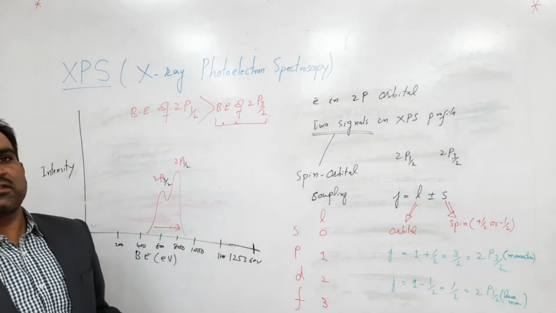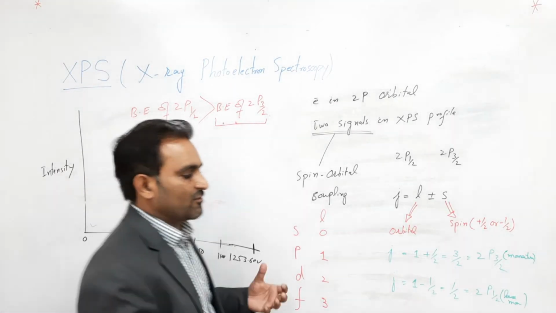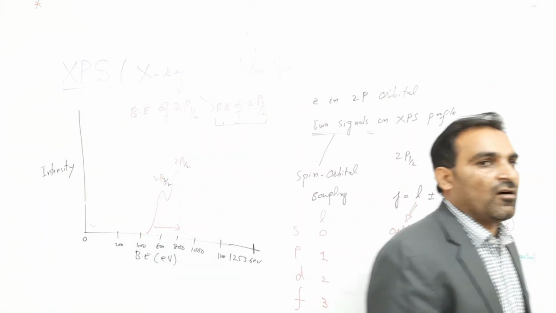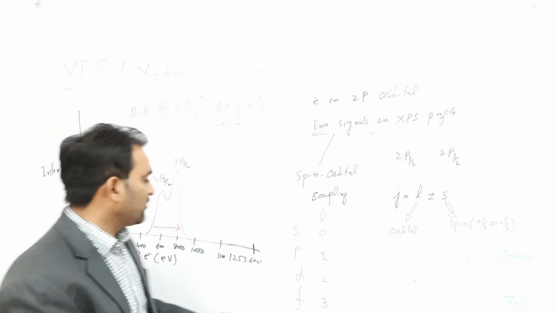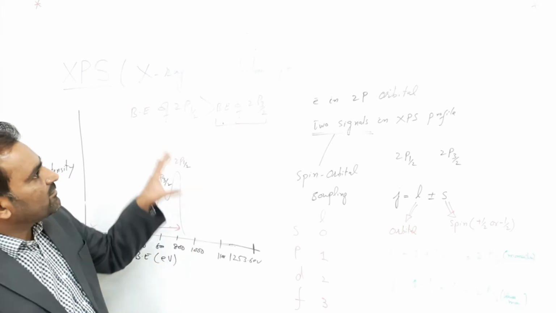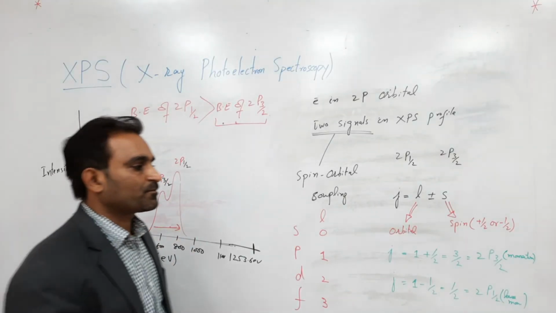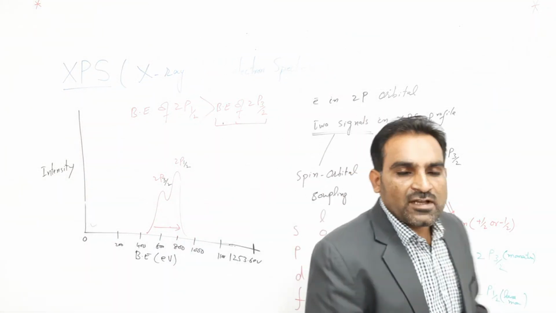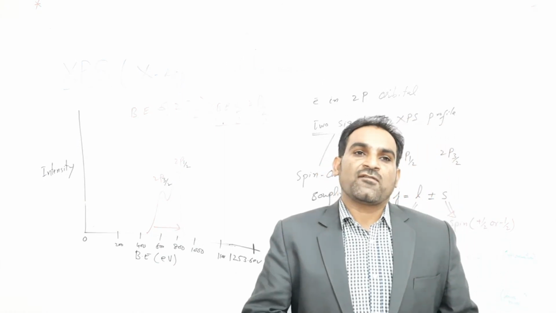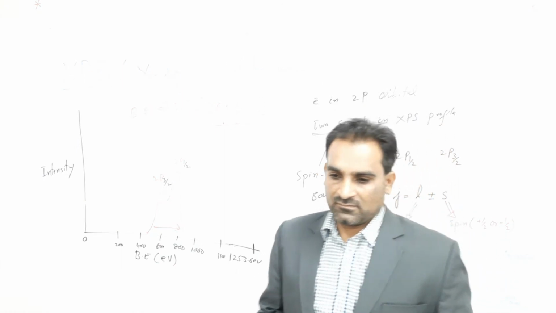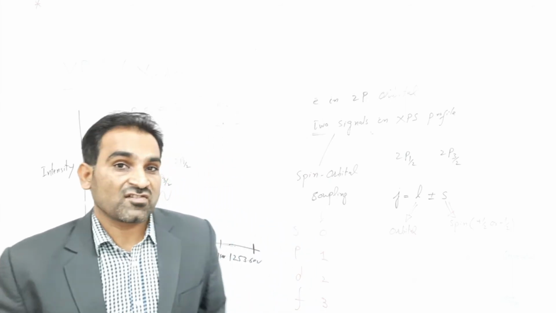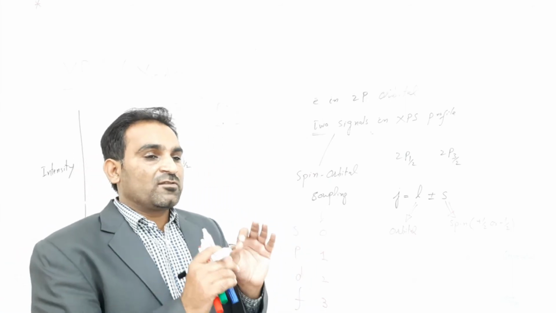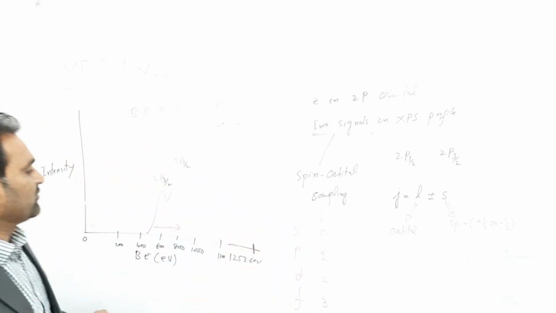In that way, you can further identify the composition and different types of binding energies, and this is some sort of surface analysis or structural analysis. This is also structural analysis. This type of spectroscopy also gives information about the structure of the valence band, particularly for core electrons.